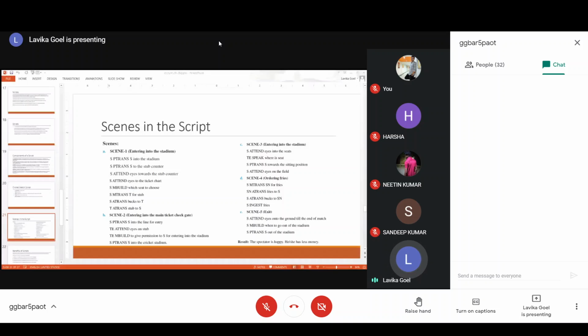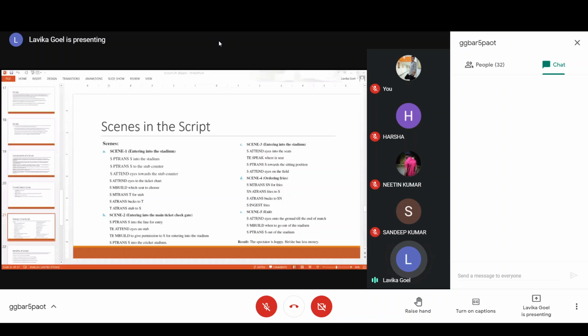So these are all the events, or you can say the sub events involved in a particular scene, and all scenes are the main events which are involved in this script. Okay, so every scene will have its sub events, and each sub event is nothing but one sentence in a natural language. Therefore, every natural language sentence you can represent in a semi-formal notation like this, where we have just specified the primitive action and the subject and object in a CD representation, but other things we have written in a normal sentence. But actually you create a CD representation for each of these sentences also.